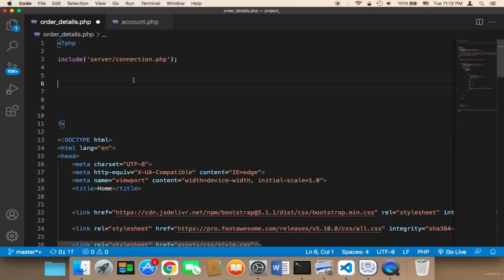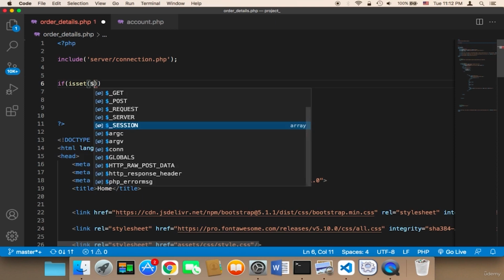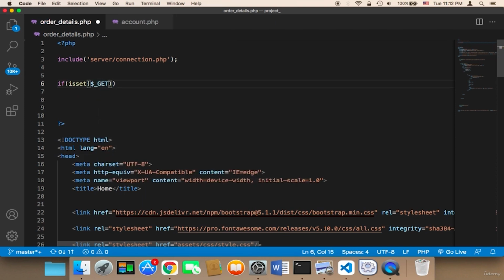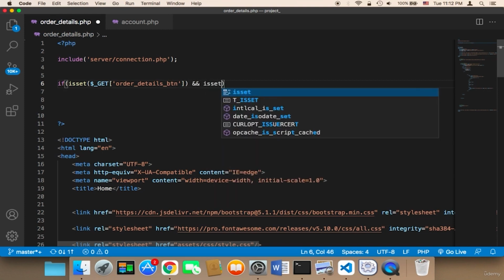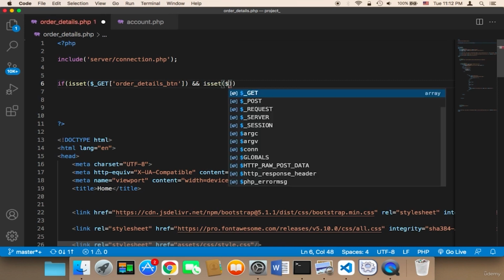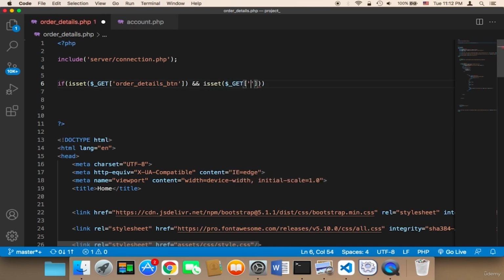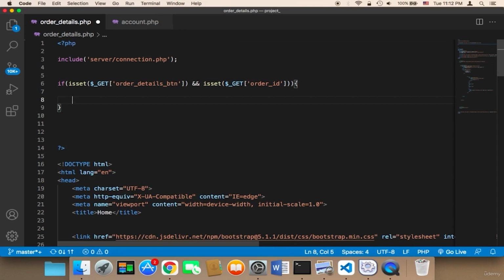So in the order details, we need to say if, and then we need to check isset get order_details_btn, and isset get order_id. So if we have these two,